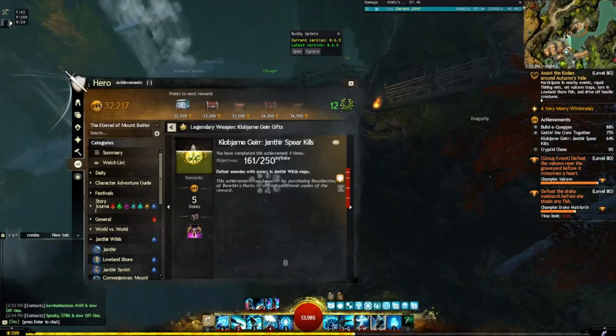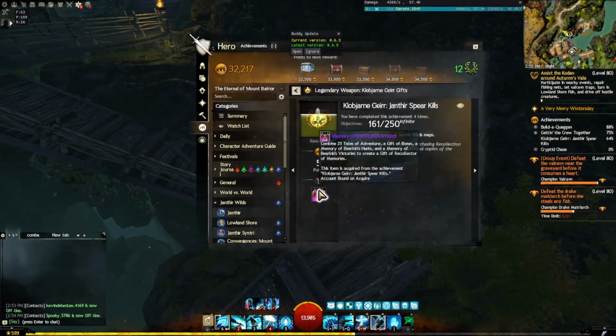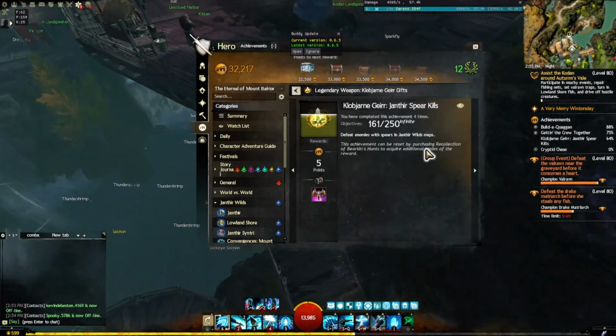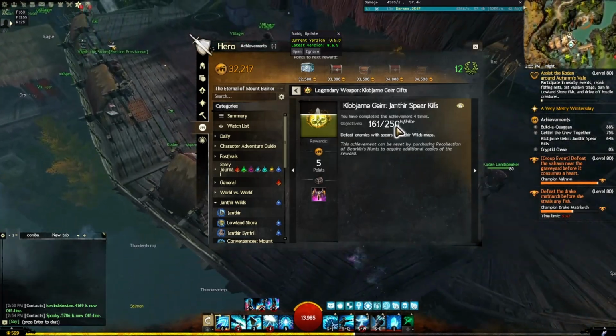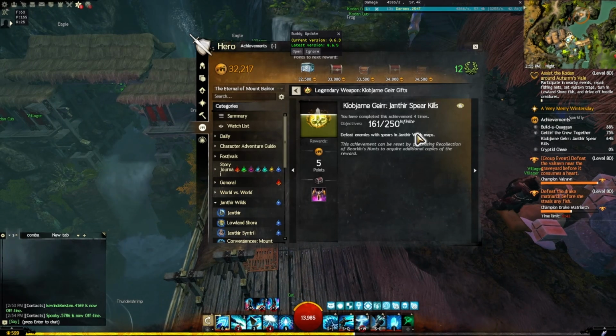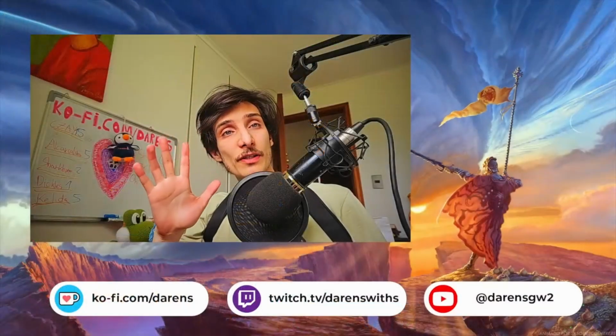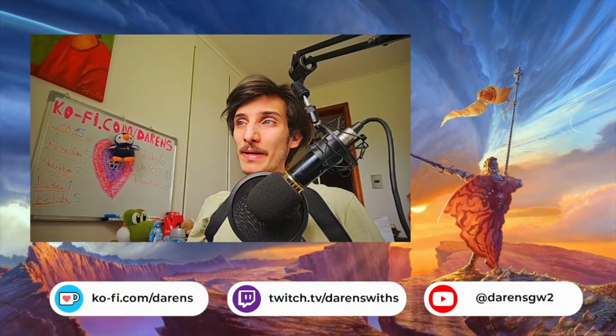Have you been making your Janthir legendary spear and you suddenly realize that you don't have your Memory of the Birkin hunts that requires you to kill 250 enemies in Janthir Wilds maps only? Well, there's a very good way of actually getting this super fast in less than 5 minutes. So in this video, I'm going to let you know how to do it so you can make your legendary,